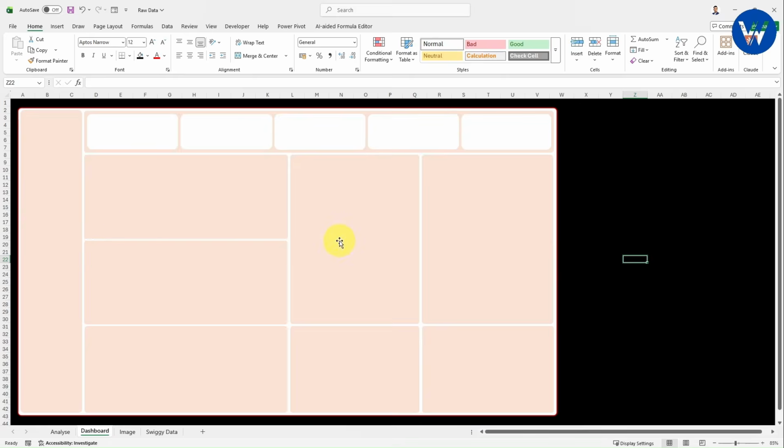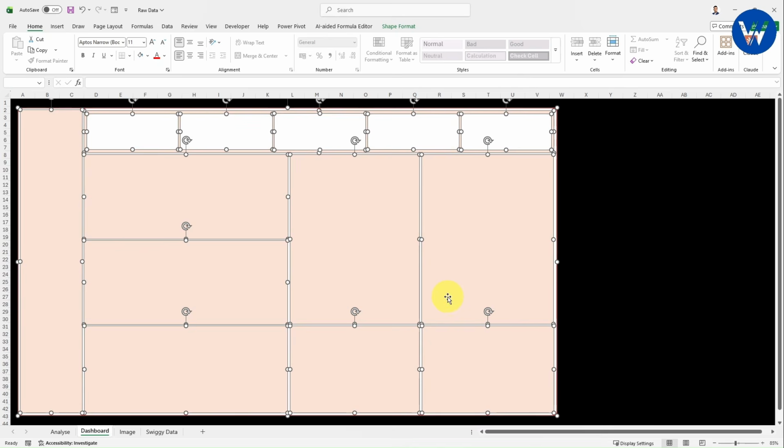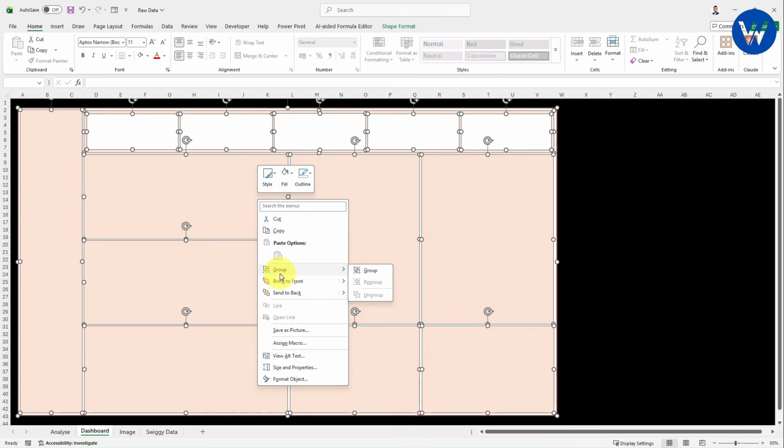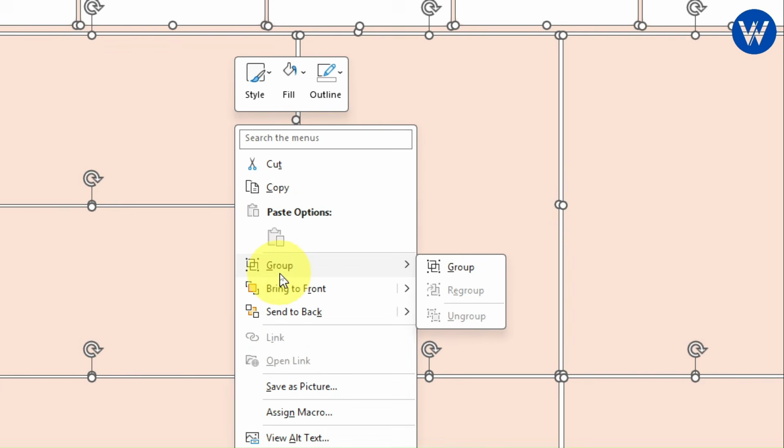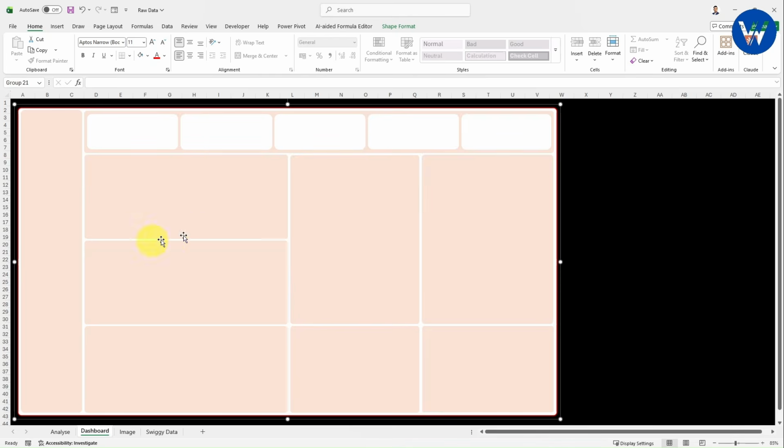Now the dashboard design layout is looking completely professional, where you can see I have taken the shapes for the slicer, visual and the KPI also. Now let me show you one important point. First what you need to do is select all the shapes. Press Ctrl A on the keyboard, select all the shapes. Now right click on this. Now with the help of this option you can group all the shapes. Now first I will group all the shapes. Now what happened? All the shapes are grouped.